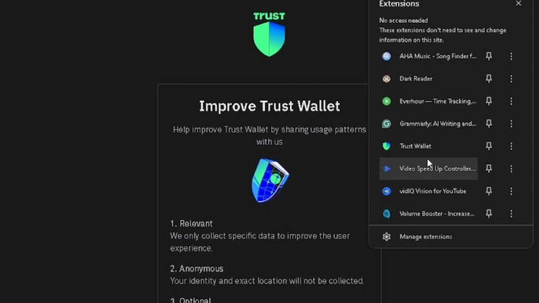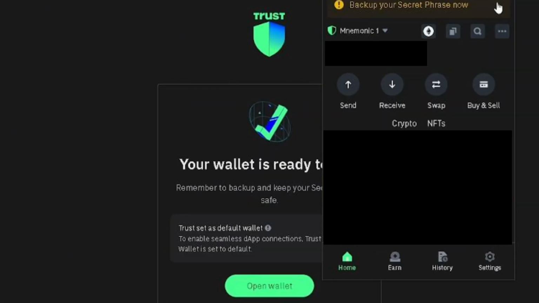Now over here on the top right hand side you'll see a puzzle icon. Click on it. Now here you'll see all of your Chrome extensions. Make sure to click on Trust Wallet. Once you open it up, at the top you'll see an option for backup your secret phrase now, or tap